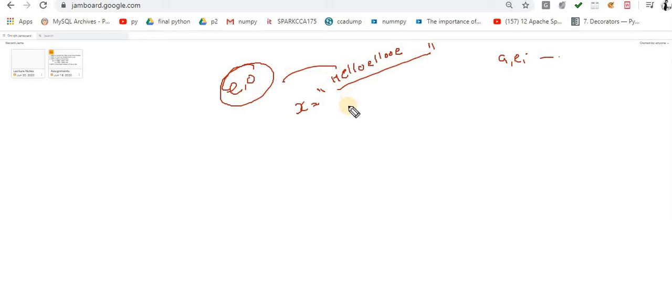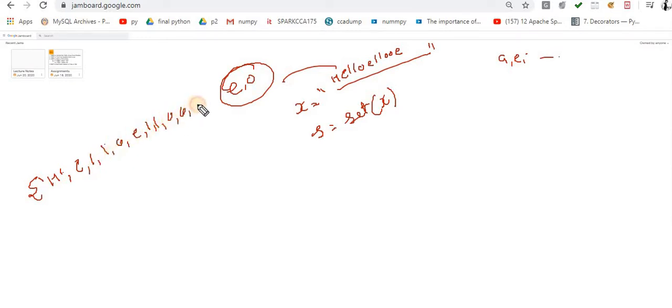Then what do I have to do? Understand this. First, S = set(X). Now this is converted into a set, so it contains H, E, L, O, and duplicates are automatically removed.